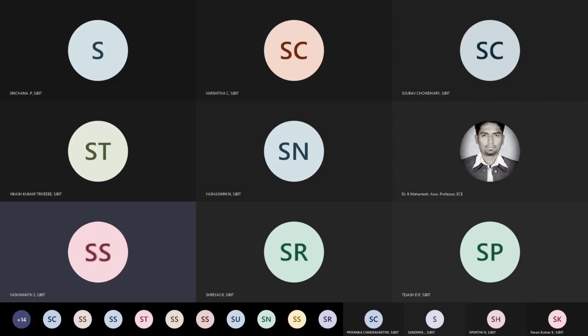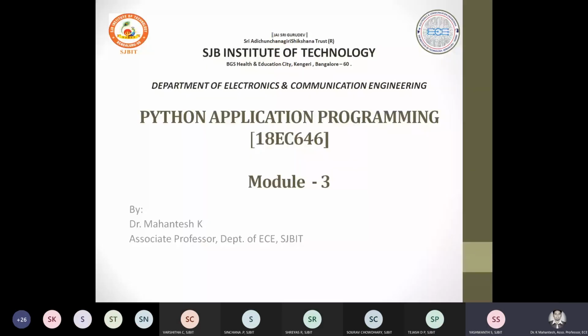Numeric data type. Options are given like int, float, double, and boolean. But the answer is double, but we don't have a numeric data type double in Python. Double is there. Double,